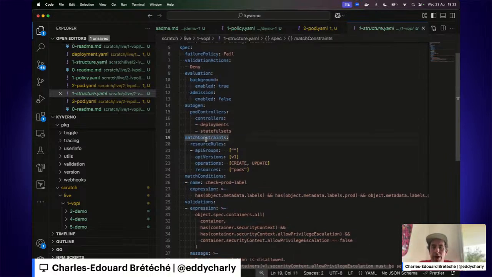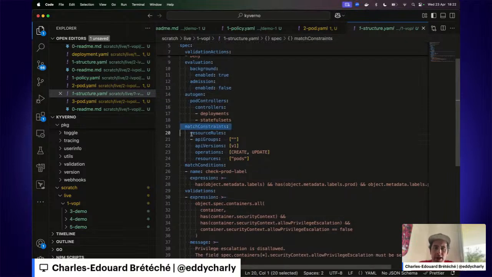We have a match constraints section which determines the resources that apply to the policy. You can also exclude resources. You can use a namespace selector, an object selector.